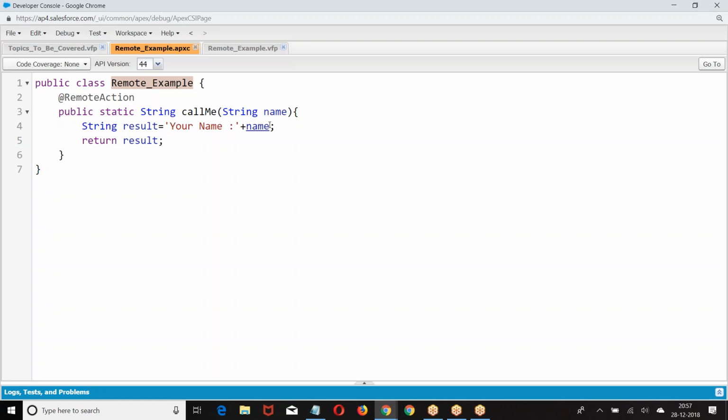Any method defined as a remote action can be called directly in the Visualforce page JavaScript. How can you call? Class name dot method name, parameters, function result comma event. Remote action can have parameters and a return type, which is not possible in Visualforce. If I call a method from Visualforce, no parameters, no return type. But if I define a method as a remote action, it can have parameters and a return type. I can call this from JavaScript, and it is an asynchronous call. I hope you are good. Right? Okay. Now,